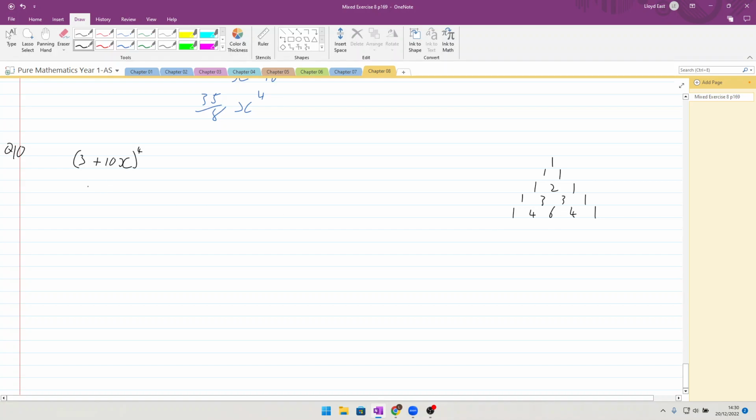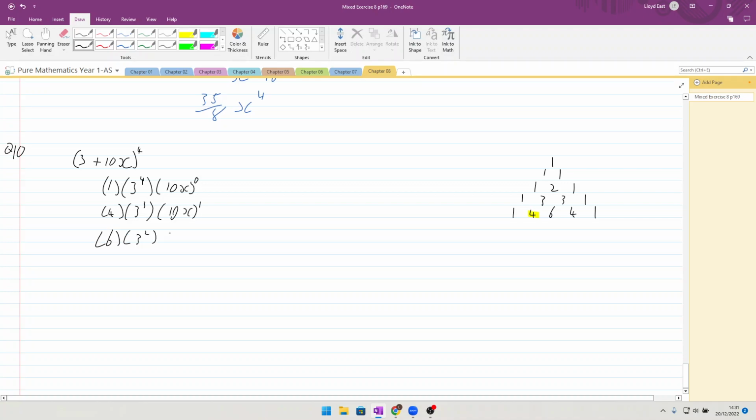So what do we have here? We have the expansion, which is going to be 3 to the power 4, multiplied by the binomial coefficient 1, and multiplied by 10x to the power of 0. Then we're going to have 4 from the next line of the binomial expansion, times 3 to the power 3, and 10x to the power 1, and then 6,